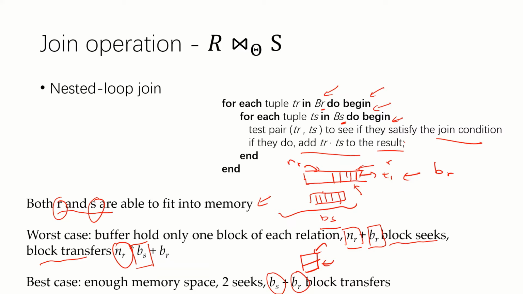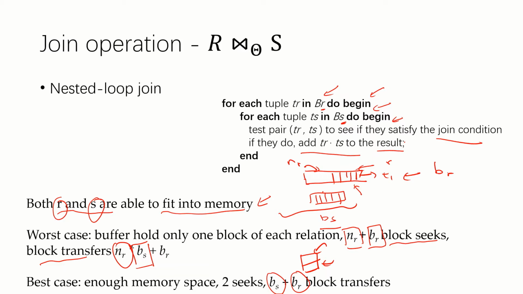So naturally, this is not the most efficient or effective way. You only do this if you have both R and S able to fit into memory. Then this is probably the only scenario where you do this kind of a nested loop join. Let's look at the next